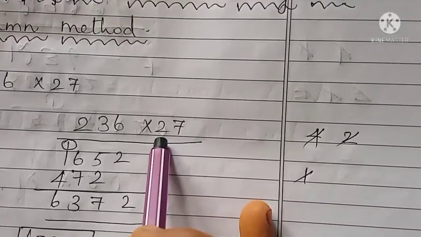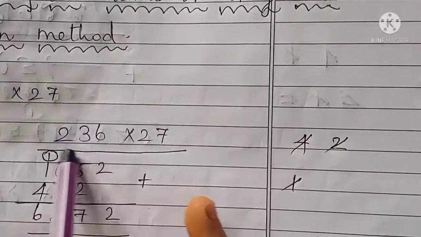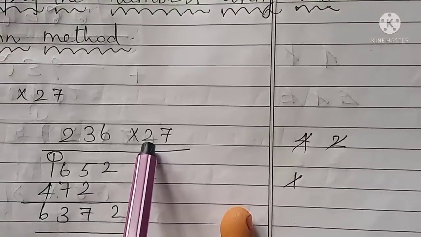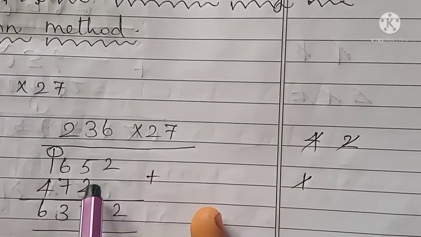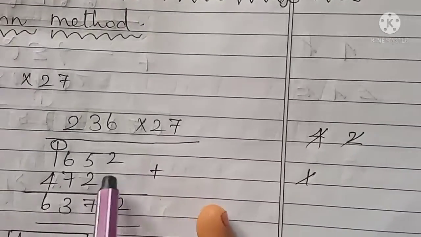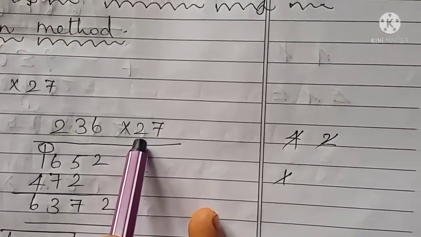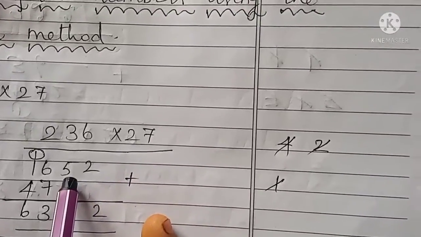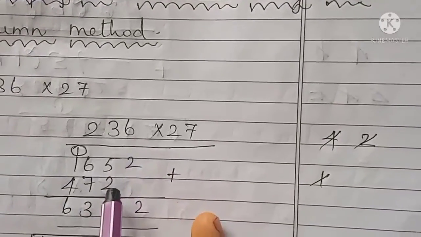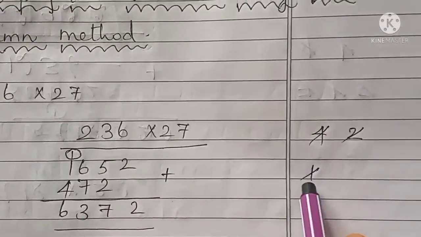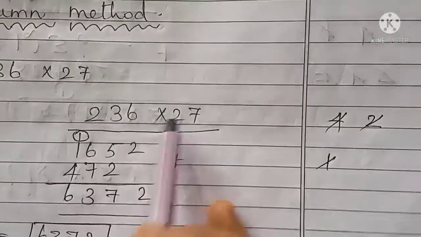Next we have to take the tens place value, which is 2 here, and multiply it with the 3 numbers. Now 2 6s are 12. Since we are taking the tens place value, you have to write the answer under the tens. You are not supposed to write in the ones place. Try to understand, this is the tens place value. So 2 6s are 12, instead of the 12, write 2 here, 1 will be remaining. Next, 2 3s are 6, 6 plus 1 gives 7. Next, 2 2s are 4.